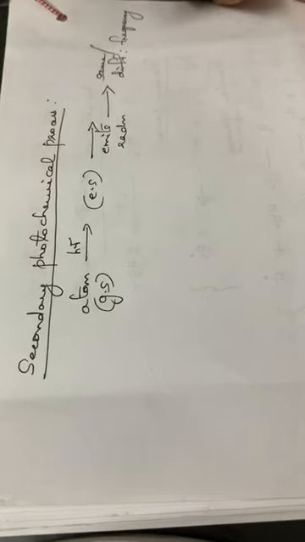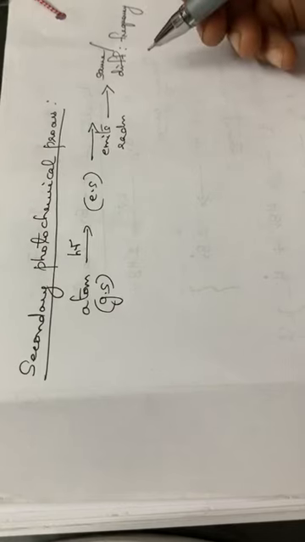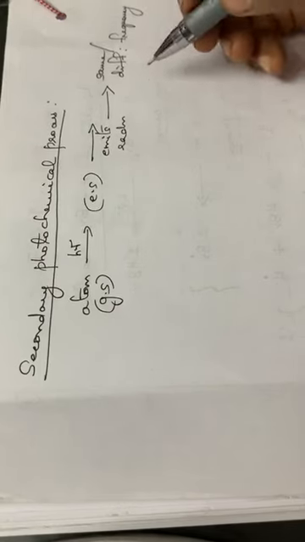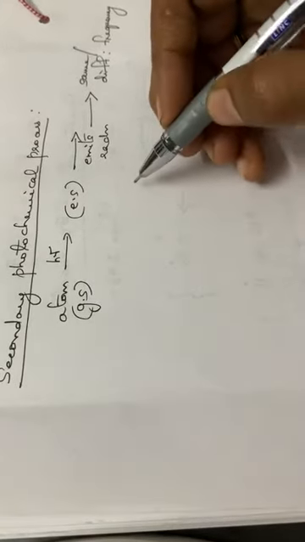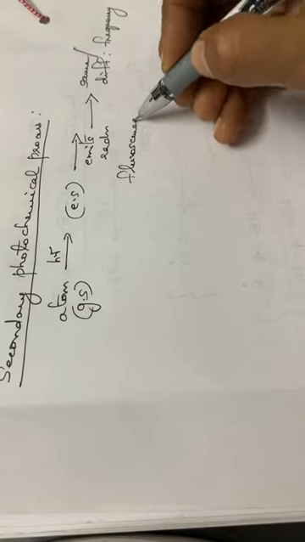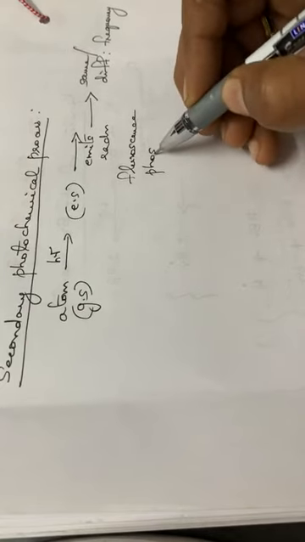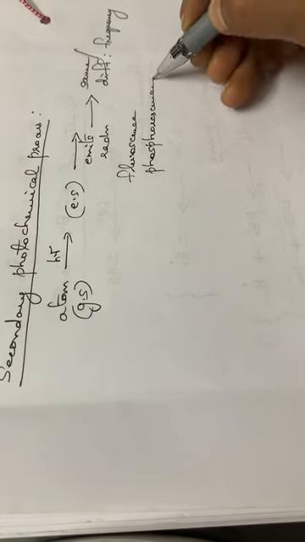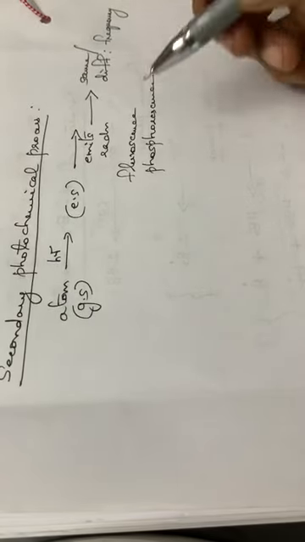Okay, so if the emitted radiation has the same frequency, we can call this particular phenomenon fluorescence. It is called fluorescence as well as phosphorescence. But here